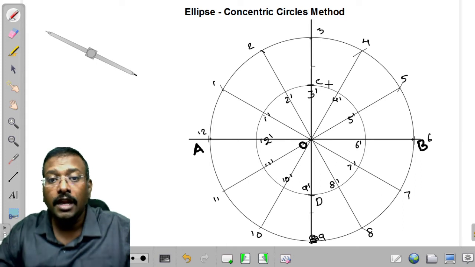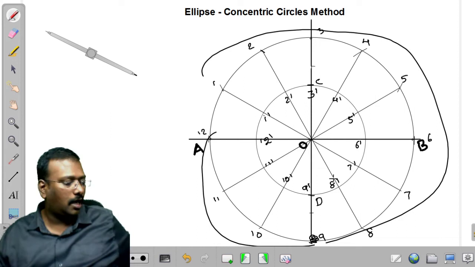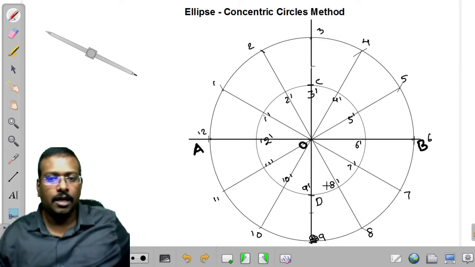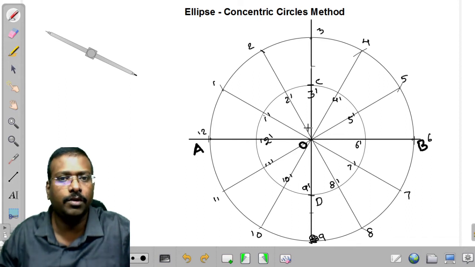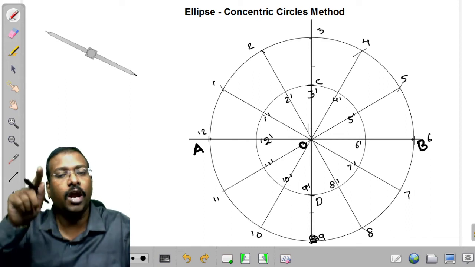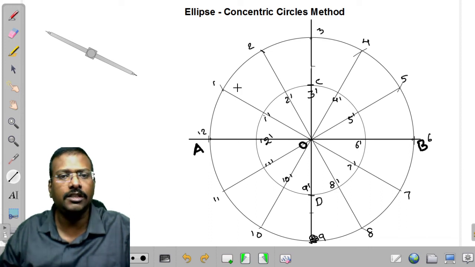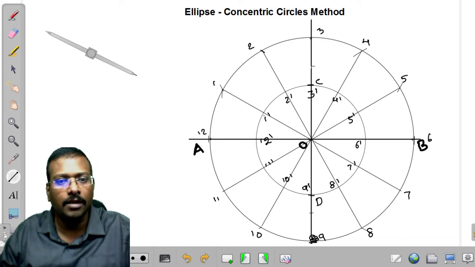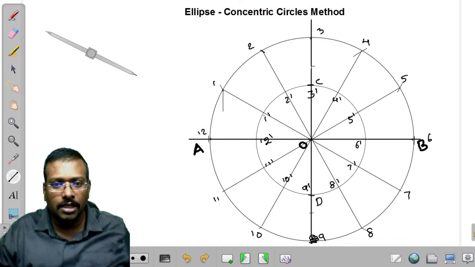Carefully observe. At the major circle points, at 1, 2, 3, 4, all these points, draw the parallel line to the minor axis, means vertical. So simply what you have to remember, at outer circle, we have to draw vertical lines. In which sides are? Both the sides of the line or only one side? Very simple. It should be in between. In between means it should be inside the larger circle and outside the smaller circle.